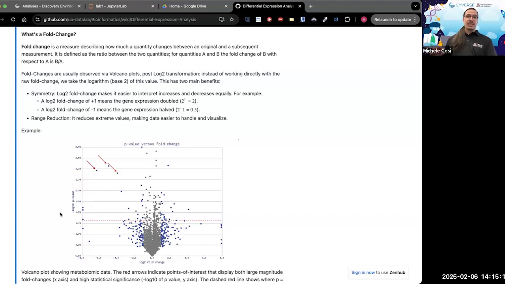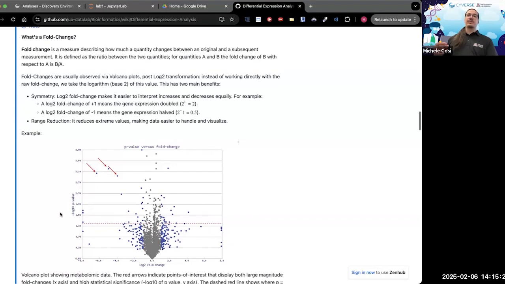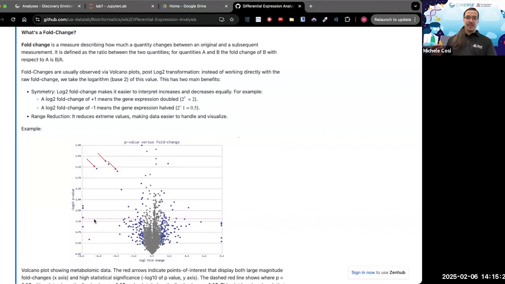The fold change in this specific case, I believe, is the line. Well, this is the p-value, so we want the p-value to be a specific value, but then the fold change that we do observe is visualized as the dots that are further and further away, and those are the ones that we want